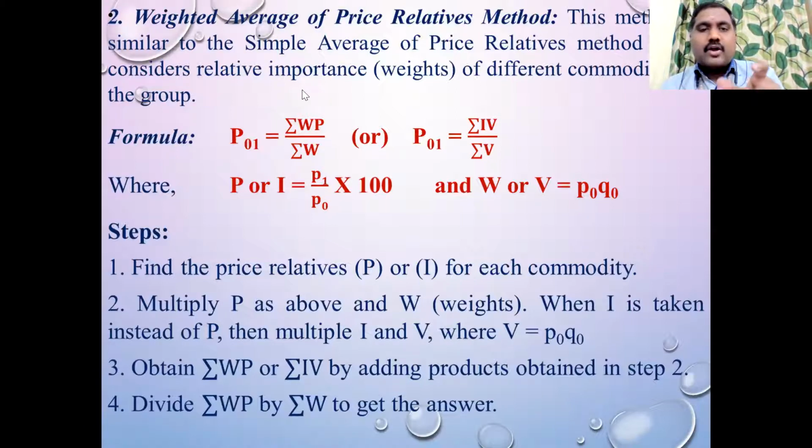When I told you how to remember the formula, the base formula for calculating the index number is the current year divided by the base year price value: summation P1 by P0. If you multiply the base year quantity Q0 in the numerator and denominator, that is called Laspeyres. If you multiply the current year quantity Q1 in the numerator and denominator, it is called the Paasche formula. The combination of both Laspeyres and Paasche formulas is the Fisher formula.